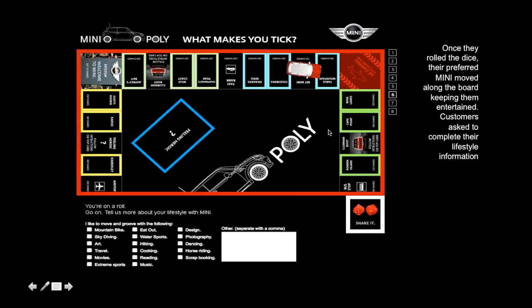And then they would roll the dice on the side. So they would click Let's Play, the dice would roll, and then the mini that they'd chosen and the model that they'd chosen would move along with the Miniopoly board in real time, and it would do various things. It would make noises, it would screech along. There were various interactive parts of the game, and it would arrive at different parts of the board. I remember a shark would also jump out and try to catch the car, and it kept them engaged and kept them